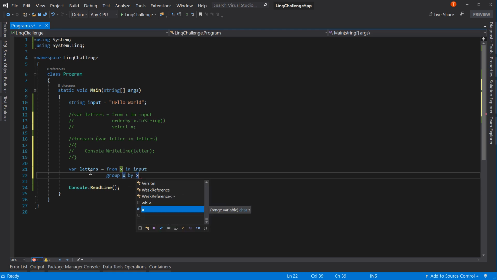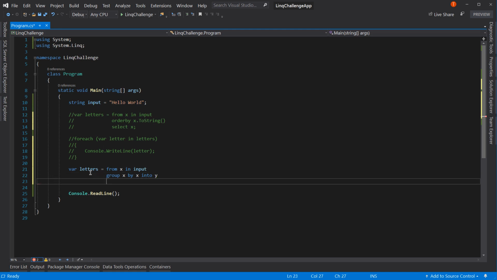What it's saying is it'd be a little more clear if we had an array of objects with different properties. But in this case, we're just grouping by the entire letter. So group by the letters, okay? And put the result into Y. So we're going to group by each letter. So again, those L's, all three L's will be grouped together, and they get put into this Y variable. And they're going to order by